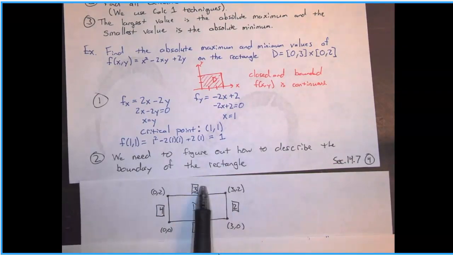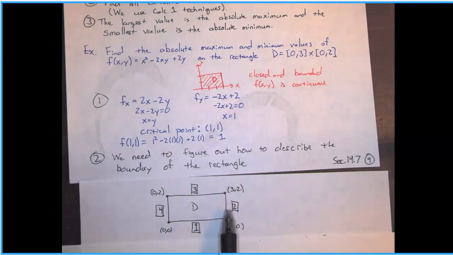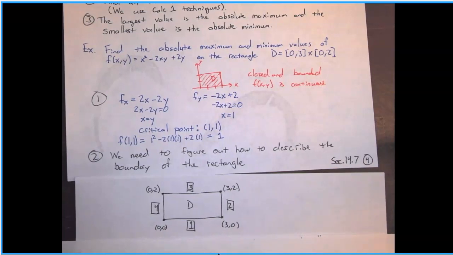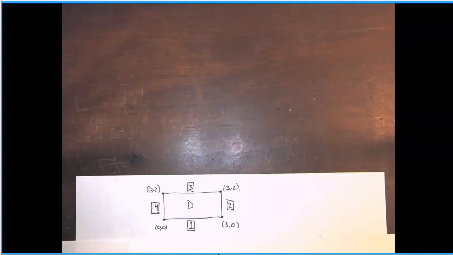I'm just going to call them 1, 2, 3, 4. And I need to know what the endpoints of each line segment are. And I want to find some way of describing the function on each of these line segments. Before I can describe the function on the line segment, let's look at some information that I have about each